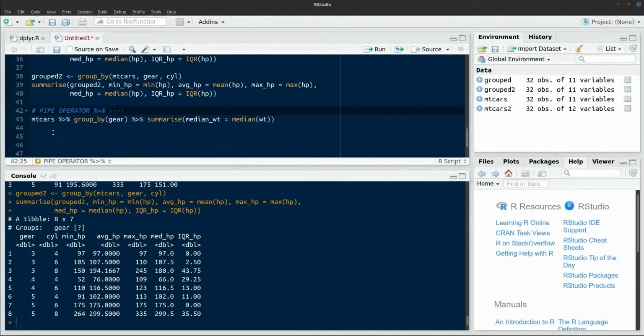And so now what's going to happen is the empty cars data frame is going to be piped into the group by function, which will group it by gear. And then this grouped data will be piped into the summarize function, which will produce the summary statistic median of weight for each level of gear. If we weren't using pipes, this would be the equivalent of typing